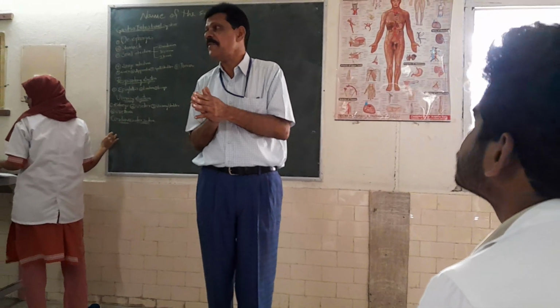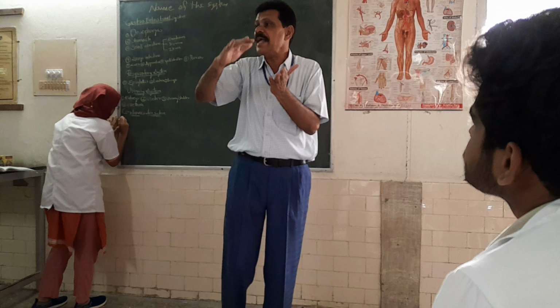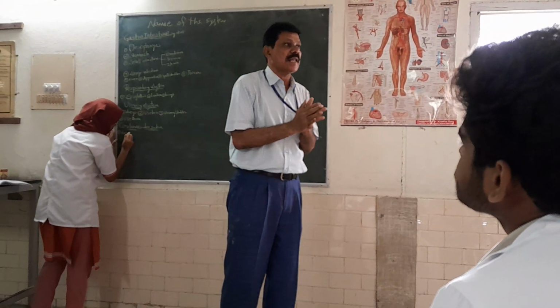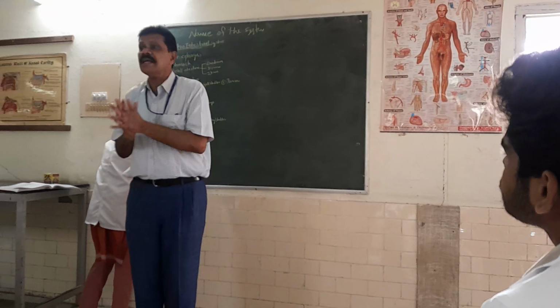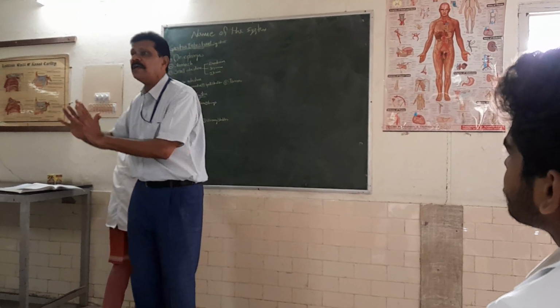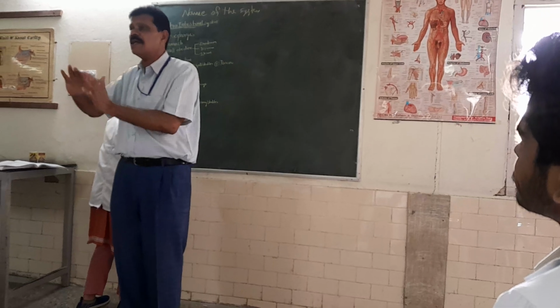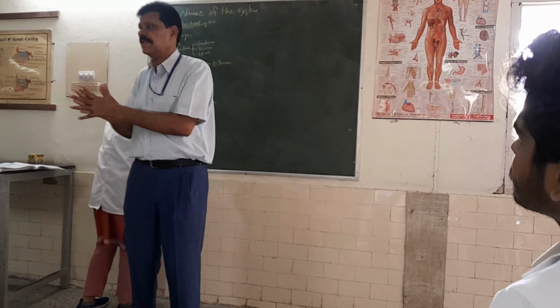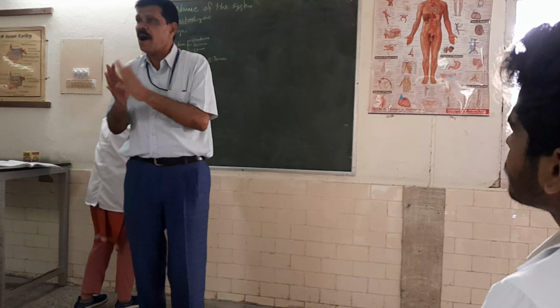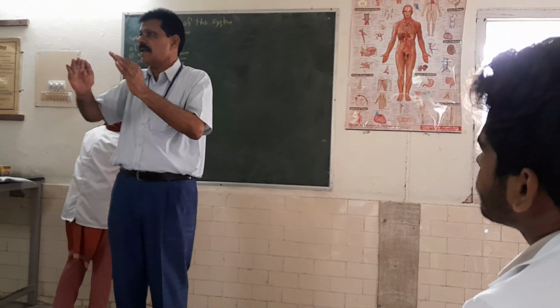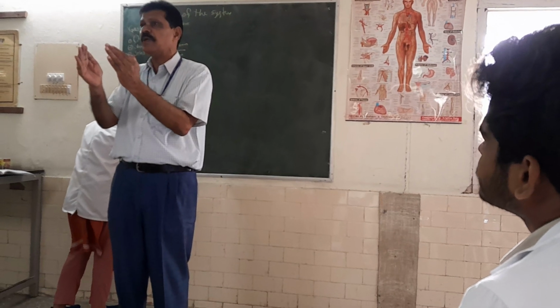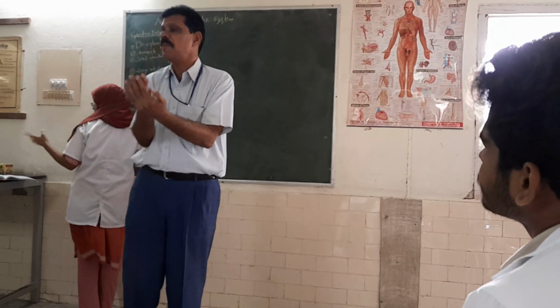What is transitional epithelium? It has a transition between multiple layer and single layer. It is not a simple single layer, and it is not a multiple layer. It is a transition between single and stratified, single and many layers. How? Whenever urine is filled, it becomes enlarged and becomes a single layer. Whenever it is contracted, there is no urine, and it becomes multiple layers.